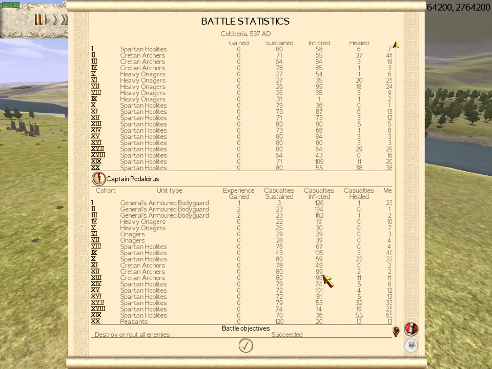Cretan archers, that unit did well. Hoplites, pretty mixed. Couple got over 100 kills. 99, oh hang on, that was a Cretan archer. 99, 96. Anyway,